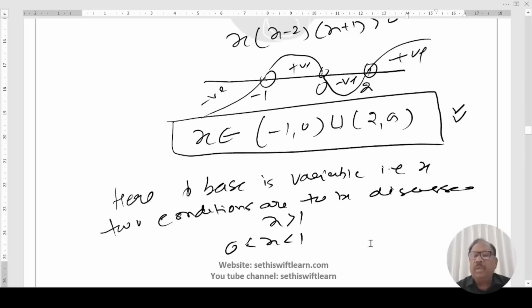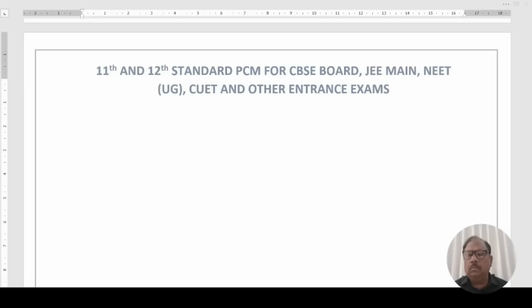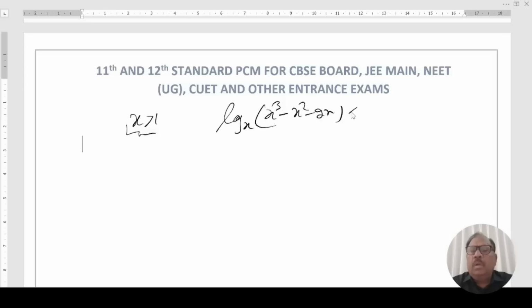Let us discuss one by one. Let us discuss base x is greater than 1. Log of x cube minus x square minus 2x less than 3. On removing the log sign,